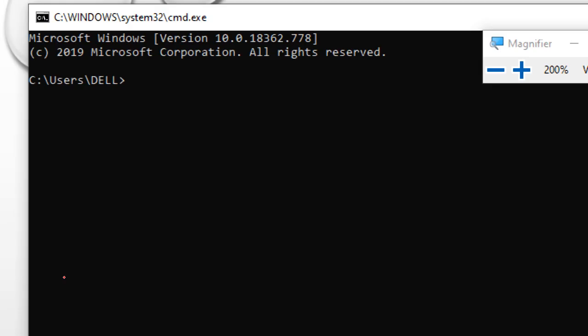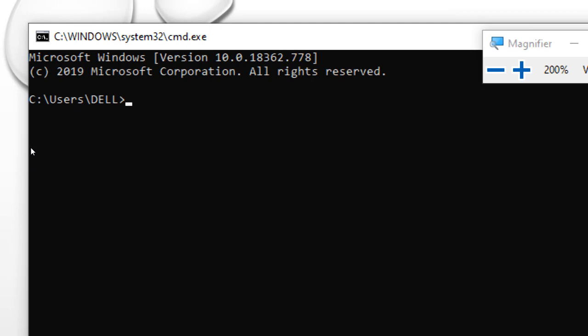Let me press enter. After entering CMD, the command window appears. You can see that the location where I have to go is C drive, Users, Dell, and right now my system is currently at the position Dell. The command prompt shows that the current folder is Dell.